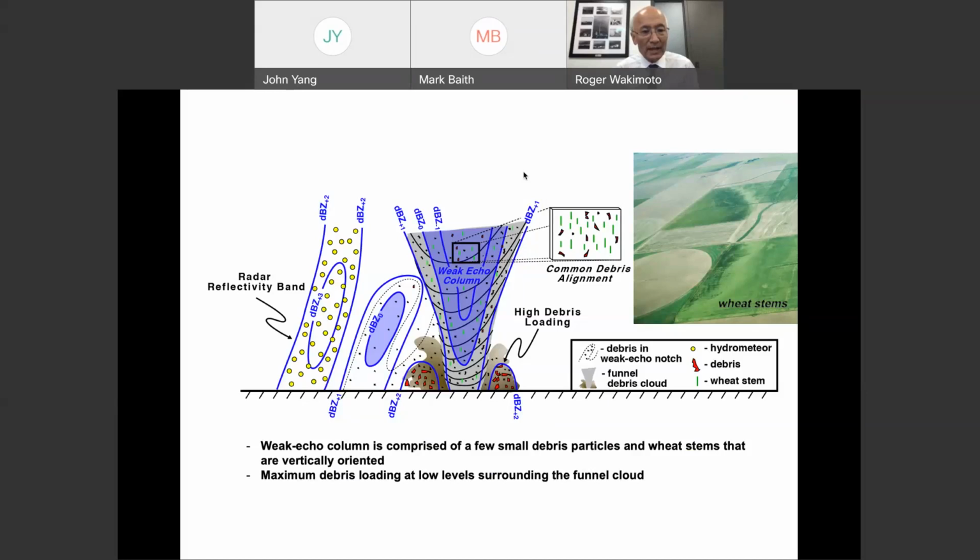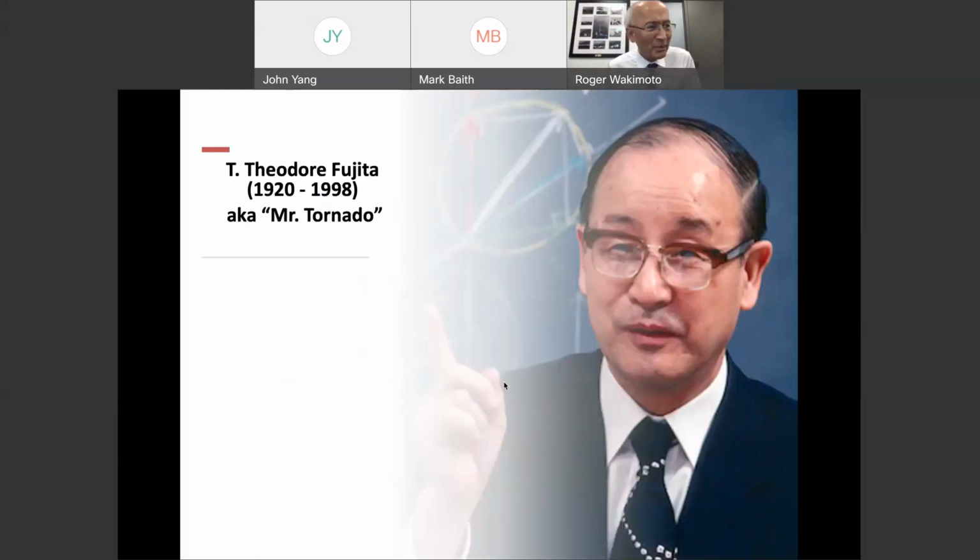The other bullet, the second bullet, is what you can see down here, these two bullseyes where I've schematically drawn big particles. The observations clearly show this high debris loading that is occurring just outside the funnel. So hopefully you've learned a little bit more about lofted debris. There's more I could say, but I'd like to switch to the second part of my talk, and that's the